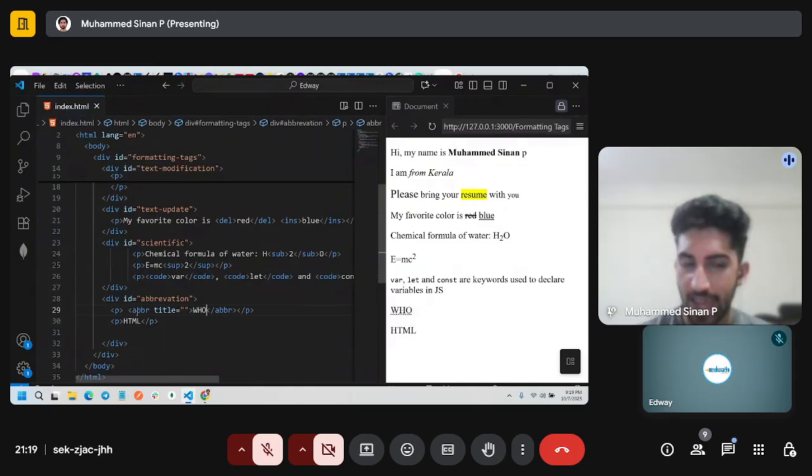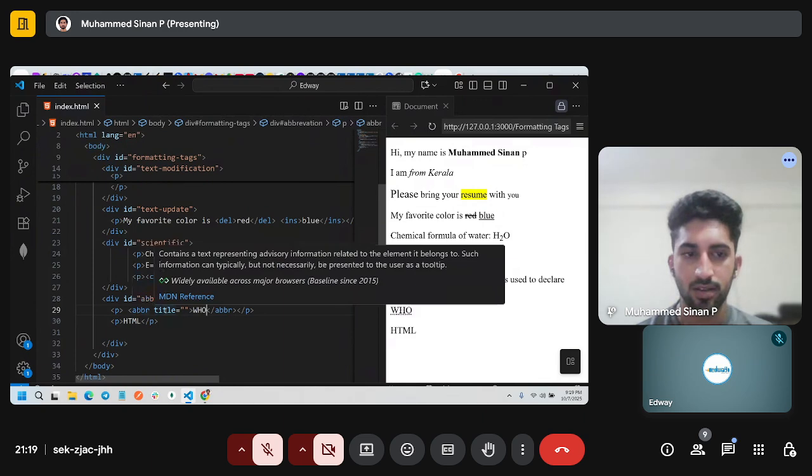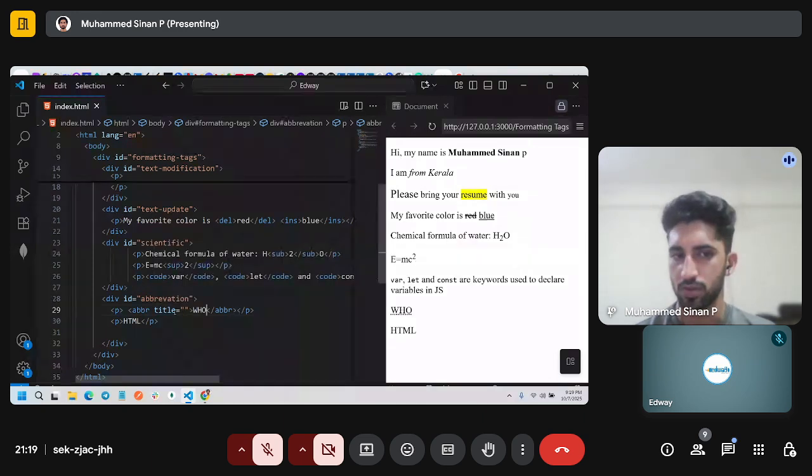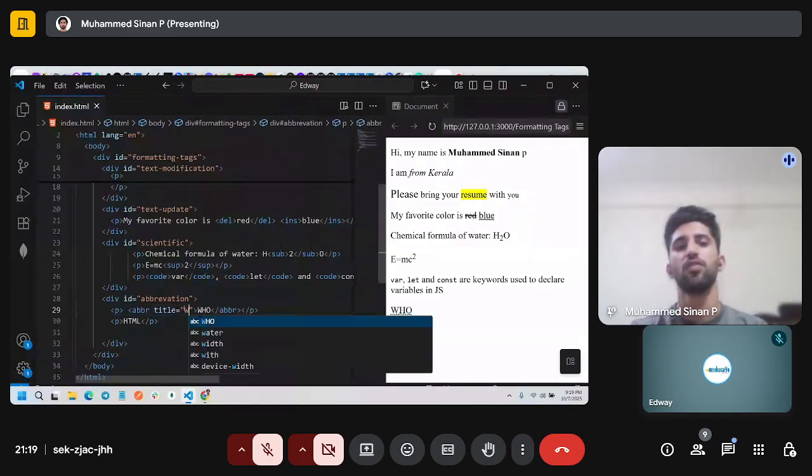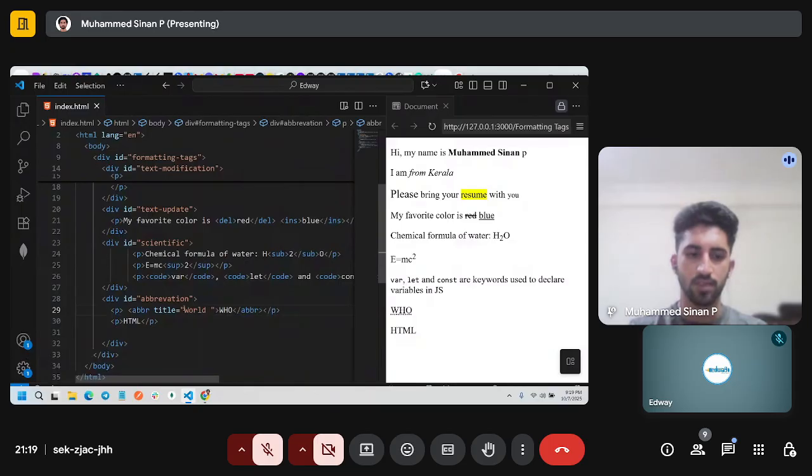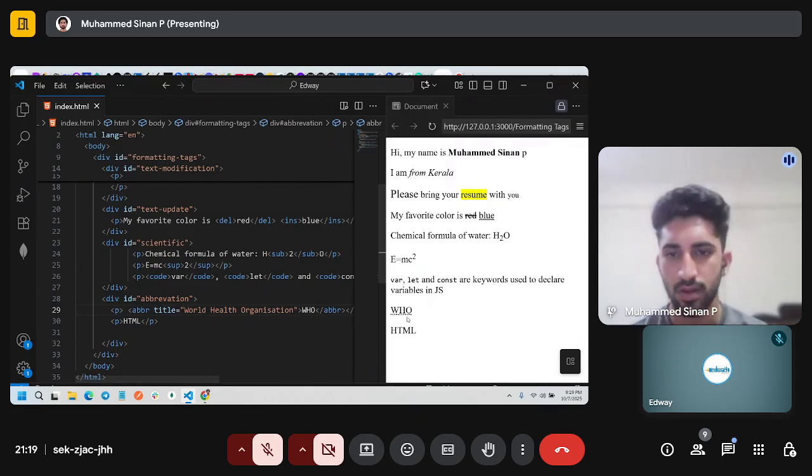So the abbreviation tag comes with a title attribute, and inside that title you can write the full form of the short form. So World Health Organization. As you can see, there is a difference now.